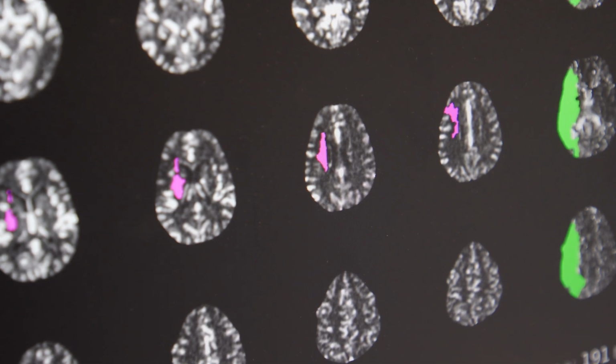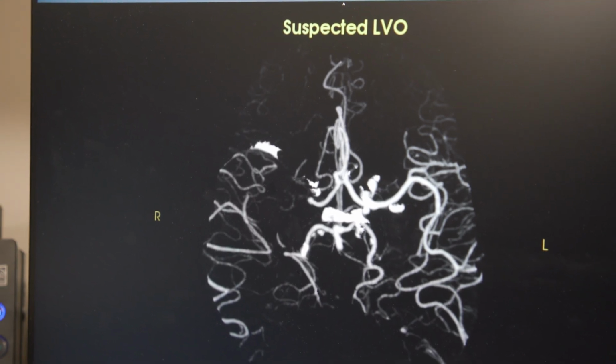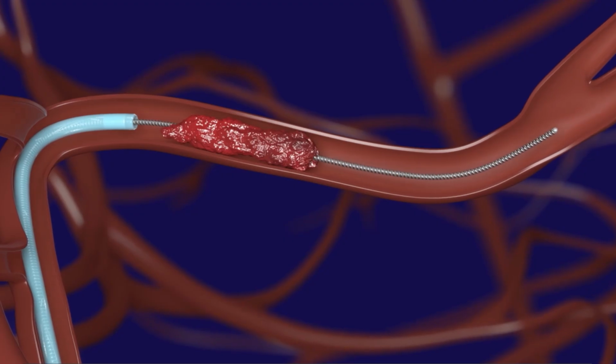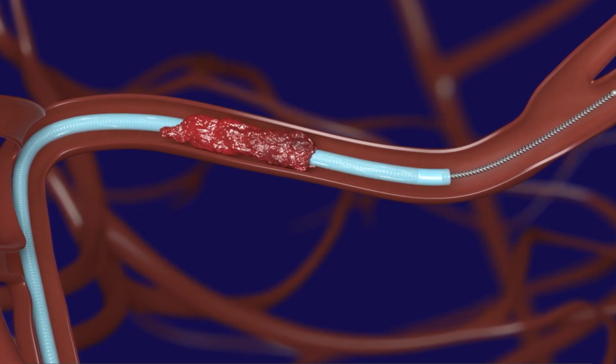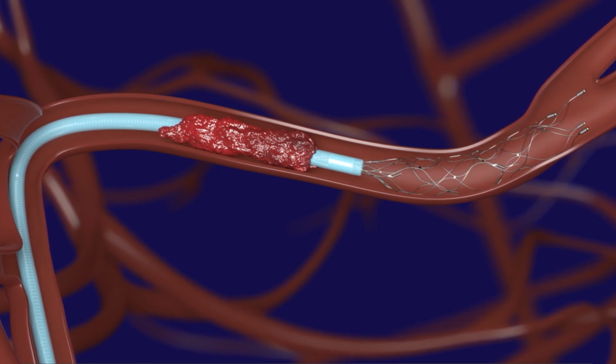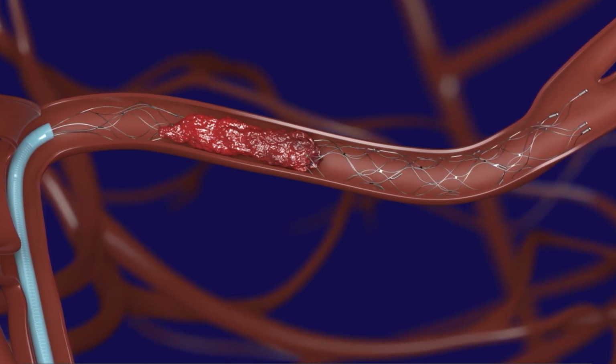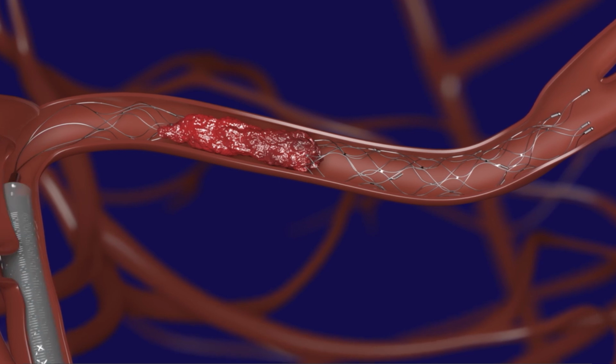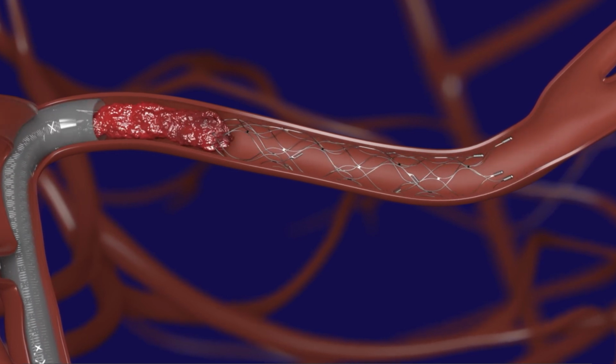In the hospital, treatment of LVOs can differ from the treatment of smaller blockages. When an LVO is suspected, the patient will need to be assessed for possible mechanical thrombectomy, which is the standard of care in certain patient populations. If the facility is equipped and appropriate doctors are on staff, a thrombectomy can be performed to surgically remove the